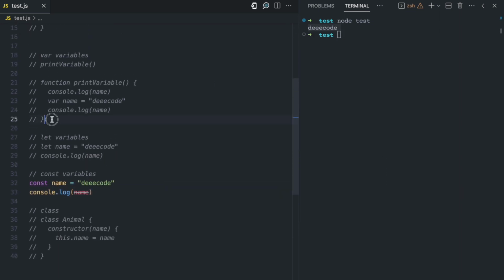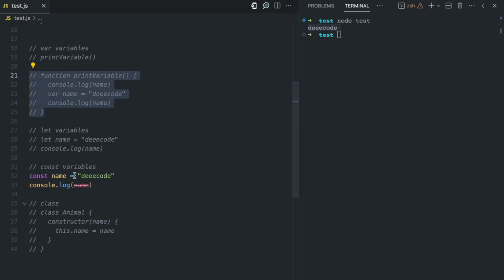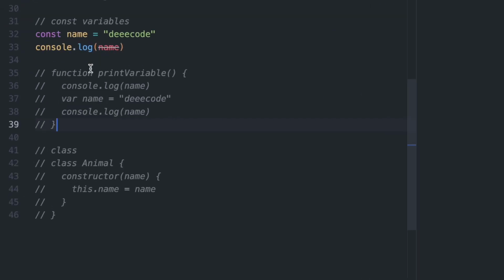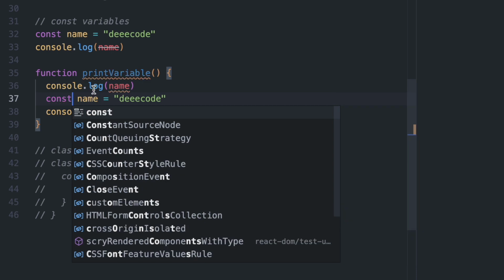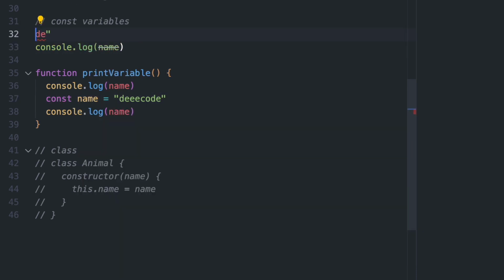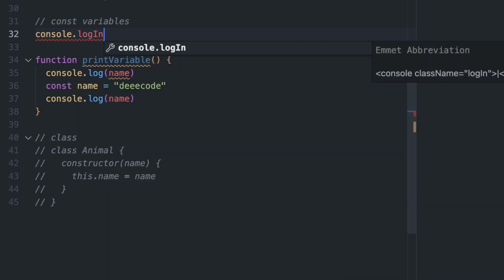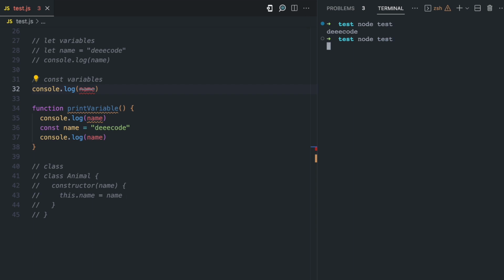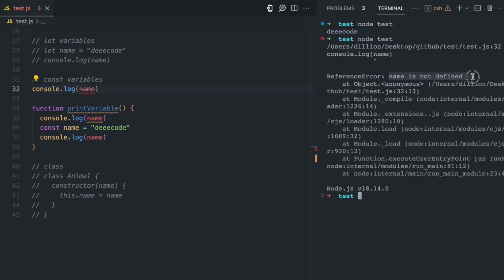Remember, the same thing applies if it is in a function. If I declare name in a function, it will be hoisted to the top of the function. Let's even try that out, so I'm not just saying anything. I'll come here, paste this. Here I'll use const. I'm going to take this line off. So now if I try to access name and I run this, you see it says name is not defined,